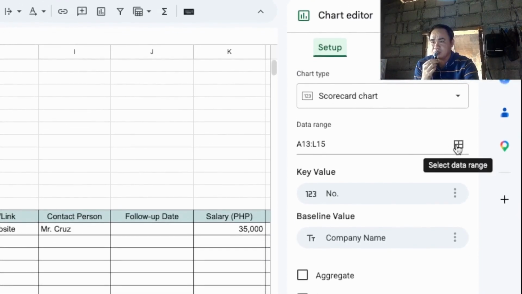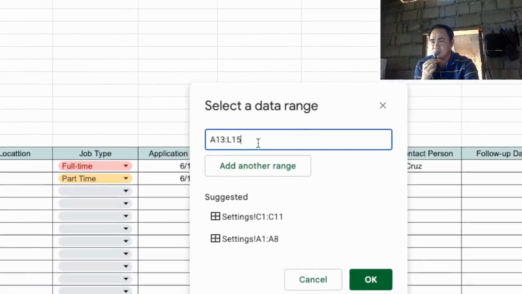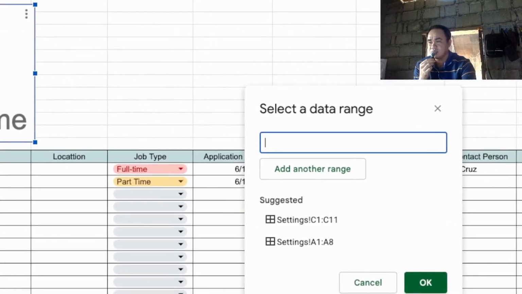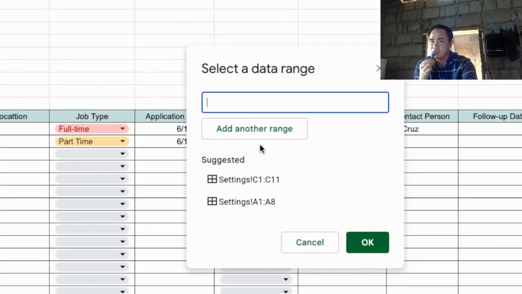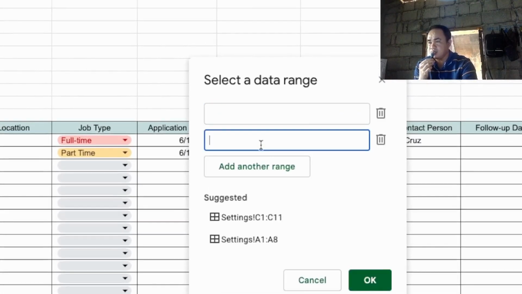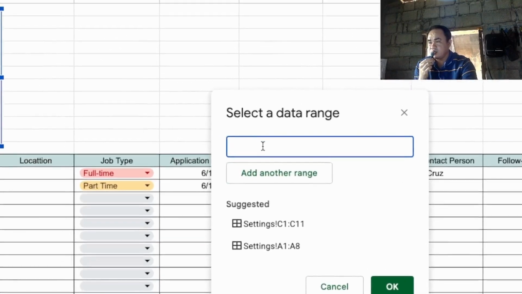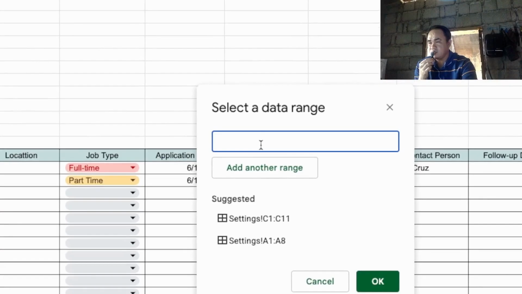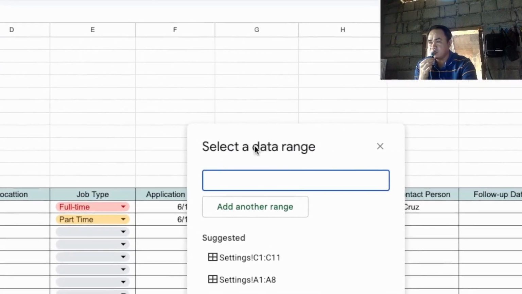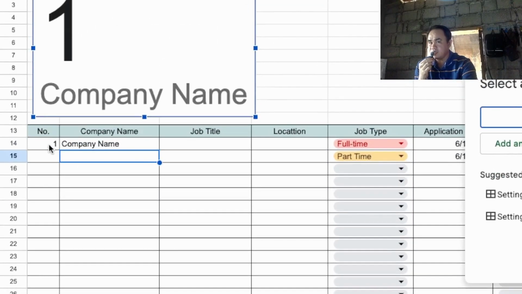So select data range, and then delete this existing range that already shown, and then add range. Sorry, okay, you can just select this or leave this select data range window open, and then select this.